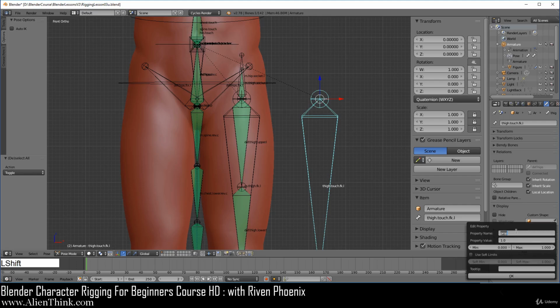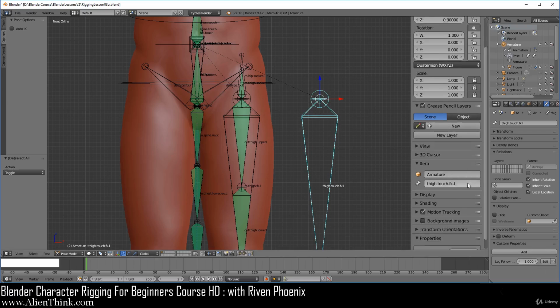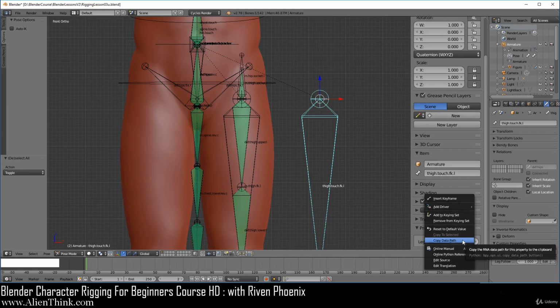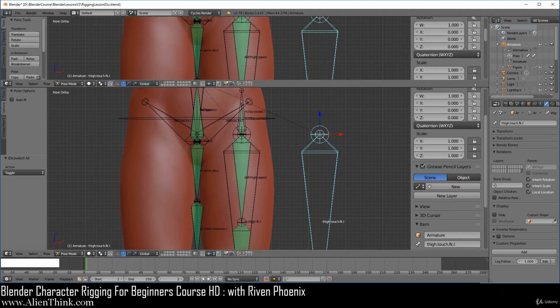we're just going to call it leg follow hip. Okay, and here it should be just set to 1, minimum is 0 and maximum is 1, and just click OK. Now here when we scroll down, it should be right here, so just right click and do copy data path on this one. Okay, now let's go ahead and bring up the graph editor,